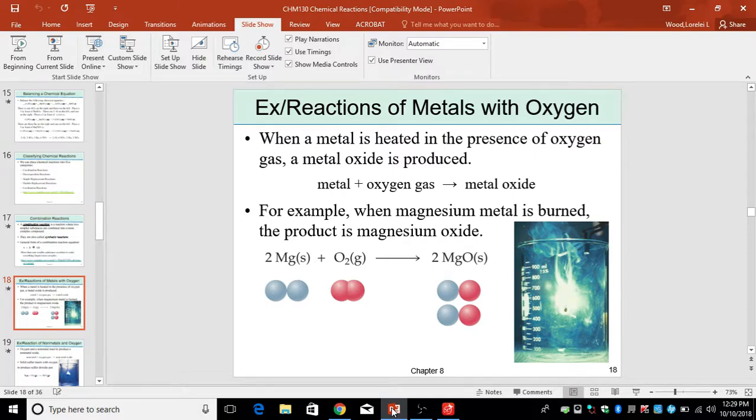What might be a problem with a magnesium engine? It lights on fire and it never goes out. Never. You cannot put it out. And in fact, when I was in high school,